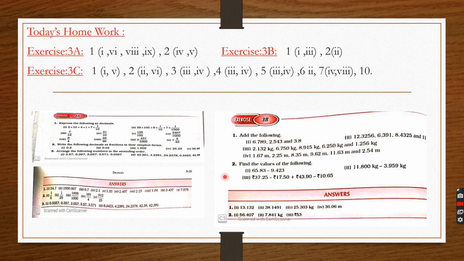See, that was the explanation of the exercise questions. Now I am giving you today's homework. I am not giving you the entire exercise because I thought of completing this chapter before this school closes. That's why I took 3 exercises. In the first, 3A, I have given you few questions. 3B, I have given few questions. And 3C, so many questions are there, but I am not giving you all questions. Only these questions are to be done in your fair copy, and the remaining questions you can practice. Now I am sending you the 3A, 3B and 3C.